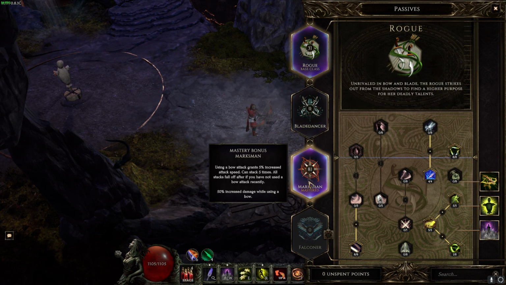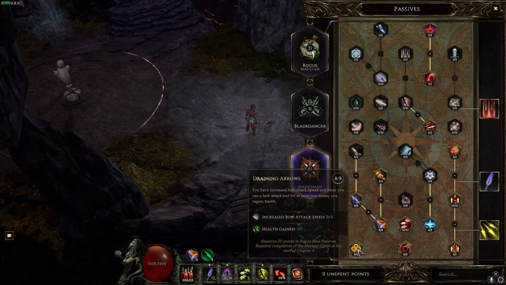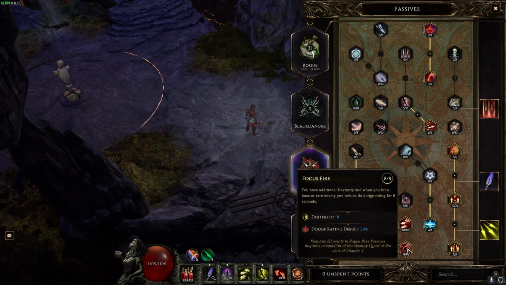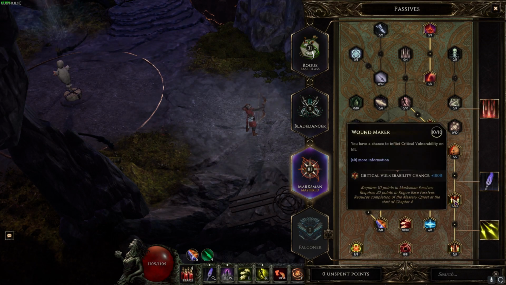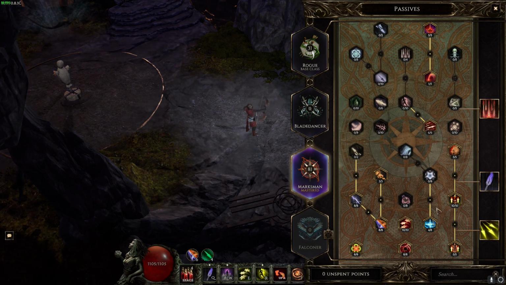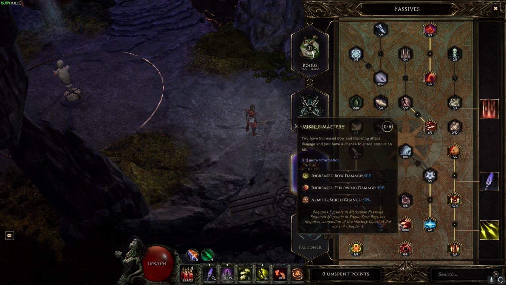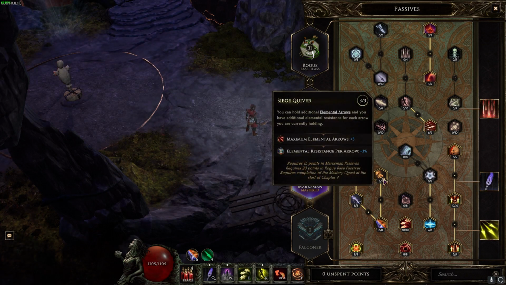We have 0 points in the Blade Dancer and 81 points in the Marksman, our master class, with 8 points in Draining Arrows, 8 points in Focus Fire, 5 points in Assassin's Quiver, 10 points in Wound Maker, 5 points in Heightened Senses, which is really nice. For one, the bow critical strike multiplier, but the critical strike avoidance as well. 4 points in Concentration, 10 points in Missile Mastery, 8 points in Elemental Arrows, 3 points in Siege Quiver,